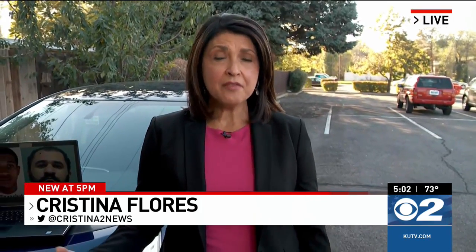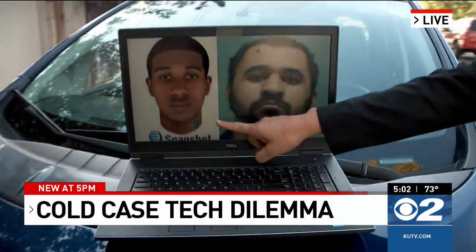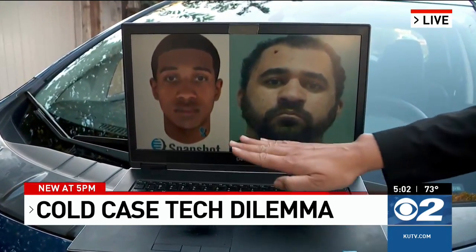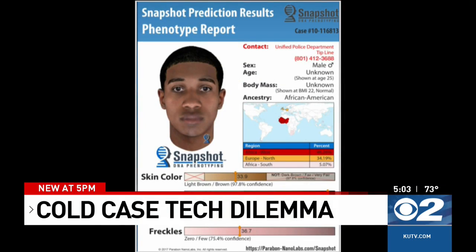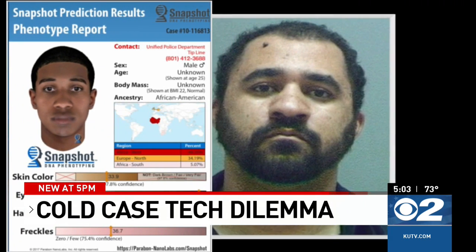Right, and I should say first that we don't know yet how much police relied on that sketch in their investigation, but here's the sketch. It was created through a process called phenotyping. It does not and is not meant to create a full picture of the actual suspect. The phenotype sketch of Sherry Black's suspected killer and the mugshot of the actual suspect don't look alike, and that's